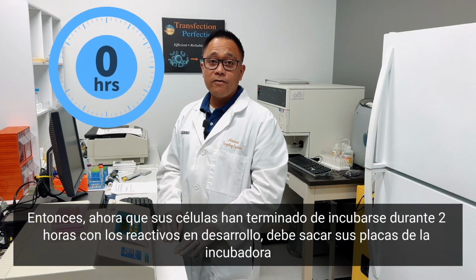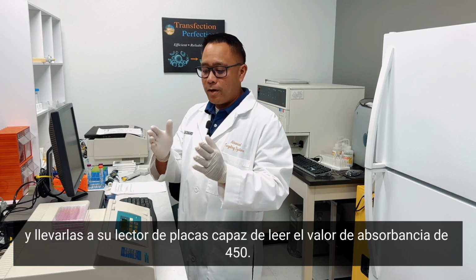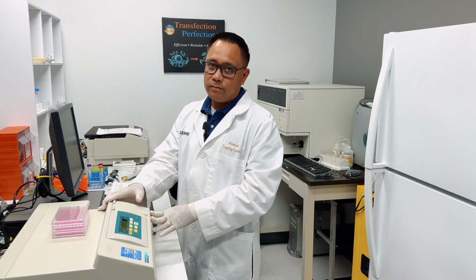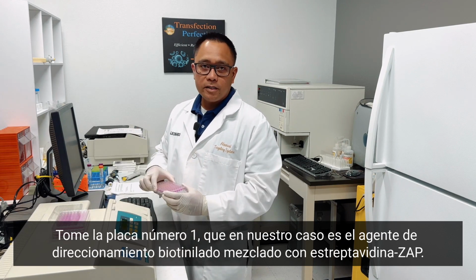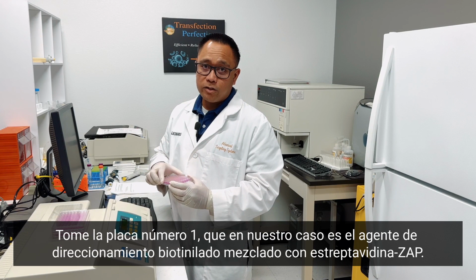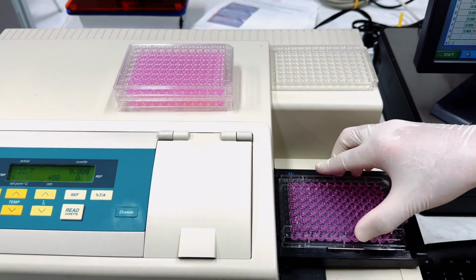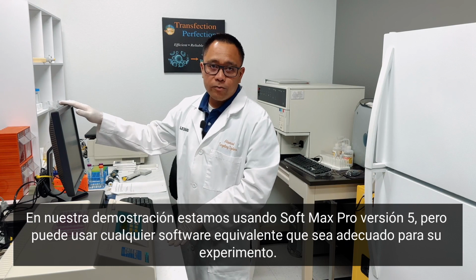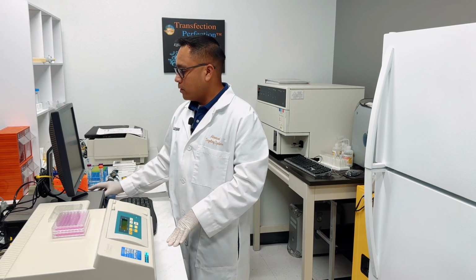So now that your cells have finished incubating for 2 hours with the developing reagents, you'll need to take your plates from the incubator and bring them over to your plate reader capable of reading an absorbance value of 450. You'll take your plate number 1, and in our case it is the biotin-related targeting agent mixed with streptavidin-zap. In our demonstration, we are using Softmax Pro version 5, but you can use any equivalent software suitable for your experiment. Once you've inserted the plate,